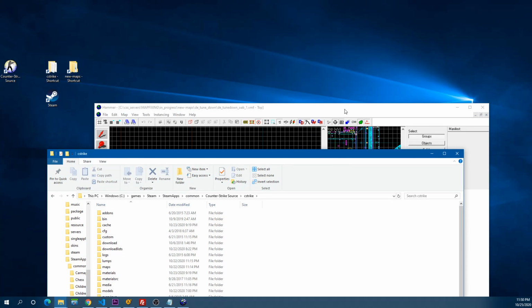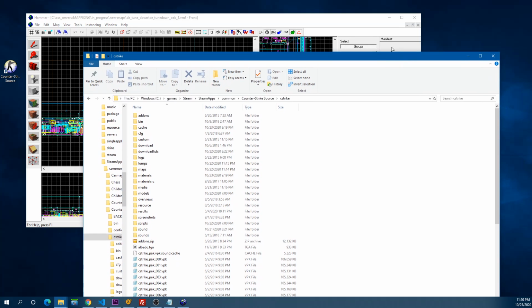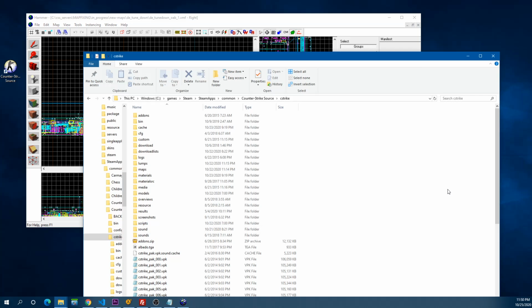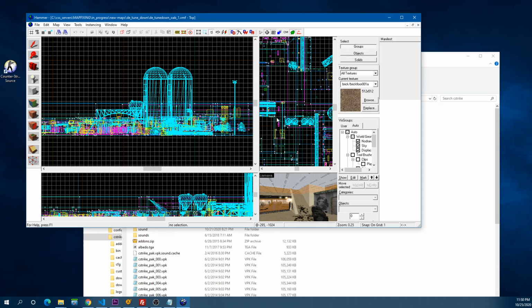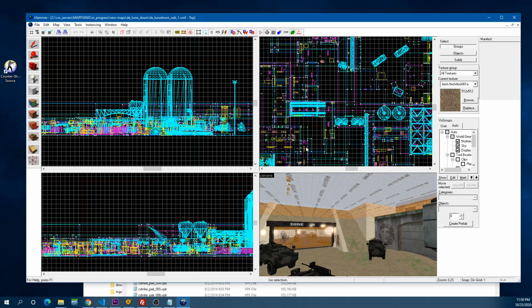Once we do that and open the decompiled map in Hammer, then all the assets will be present. If we just decompile a map and open it with Hammer, and that map has dependencies and needs custom assets that are not part of the game, then they won't show up. So we need to make sure that we install all the assets after we decompile a map, so they will show inside those levels when we edit the map.